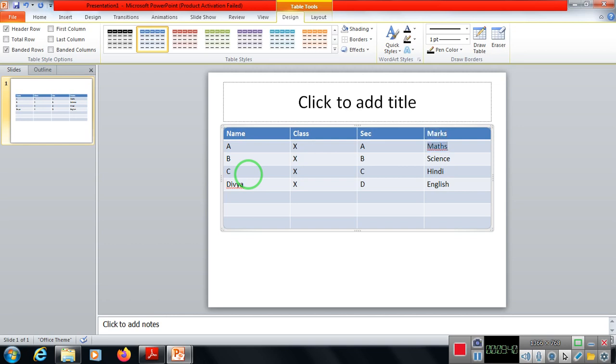So marks 50, marks 60, marks 70, marks 80, like this. So marks 90 and 100. So suppose this is D, E, 10th A, F, 10th B. So what we can do, we can use it like this also. So this is how we are creating a mark sheet.